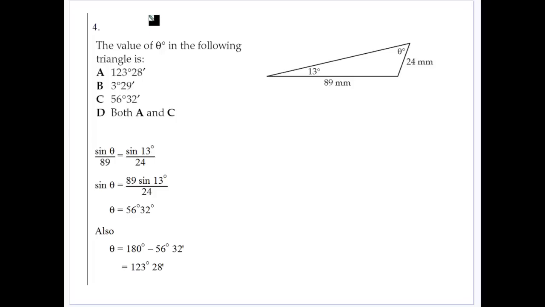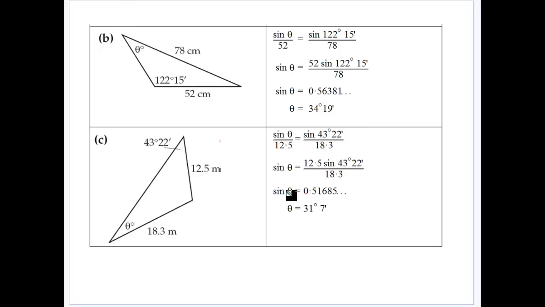We could technically take any angle in the first or second quadrant. We didn't take the angle in the second quadrant for this one. So if you put sine inverse of 0.51685 into the calculator, you get 31 degrees 7 minutes, but you could also get an obtuse angle. It wouldn't be an obtuse angle in this case because it's opposite 12.5 and it can't be larger than 43 degrees 22 minutes. Sorry, it can't be larger than 83. If I got the obtuse angle,